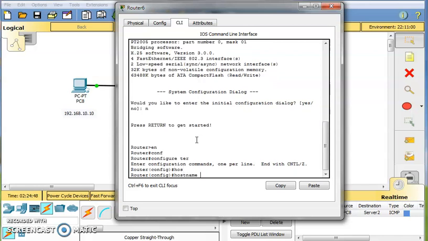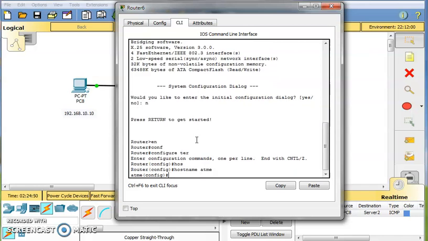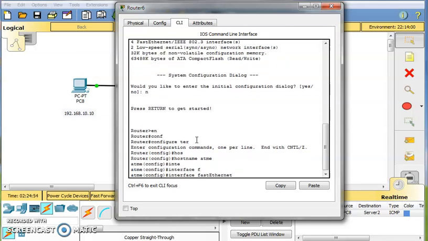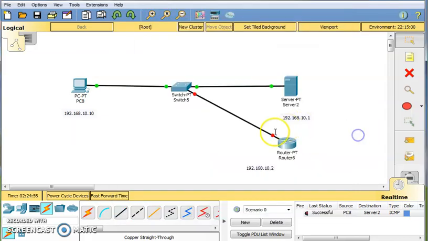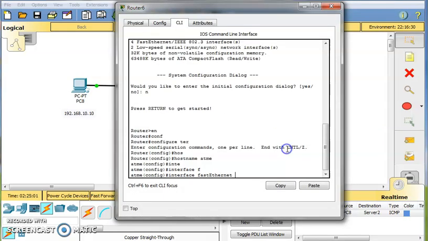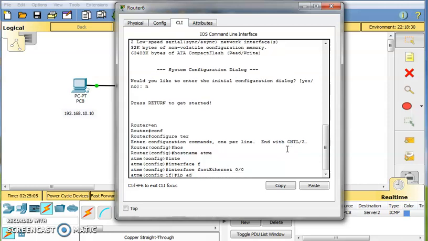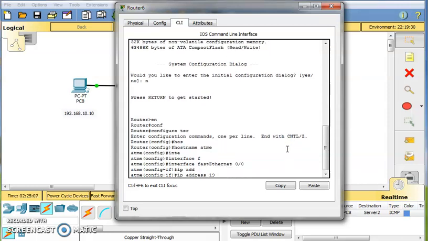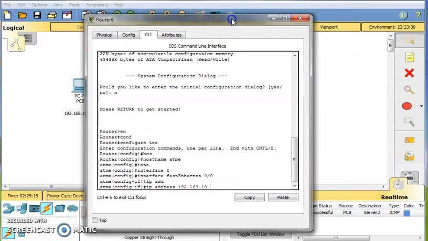Host name ATME, interface fast Ethernet 0/0, IP address 192.168.10.2.